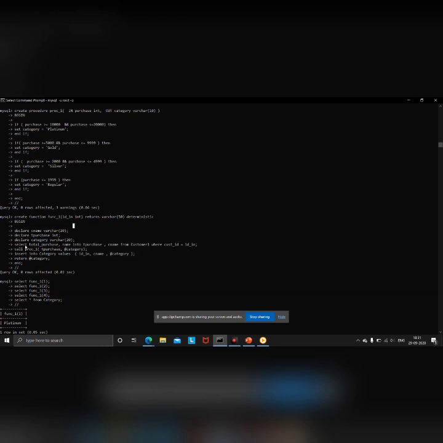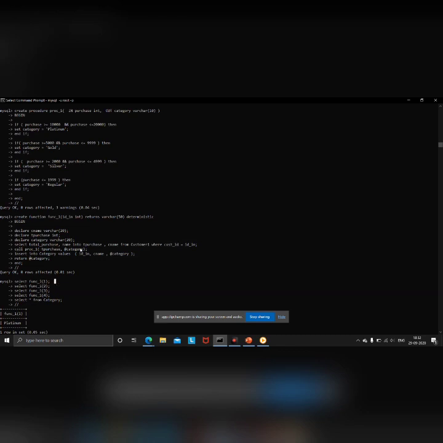Now I have selected the total purchase and name, these two values, into the T purchase variable and CNAME variable from the customer1 table, where the cust id should be the id which I'll be passing through the function.